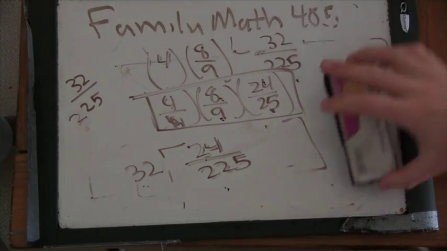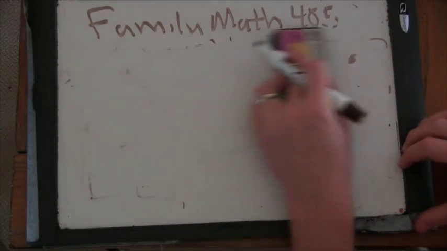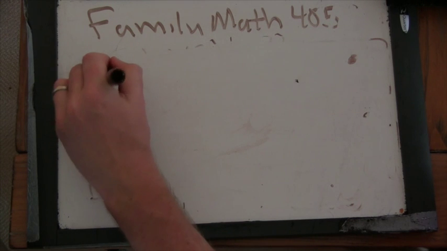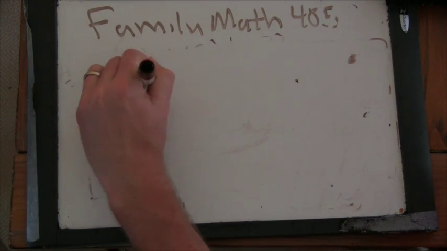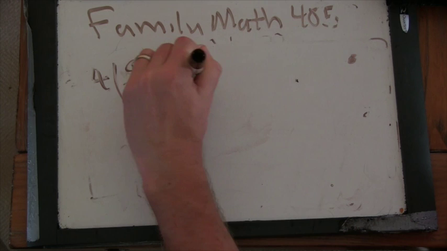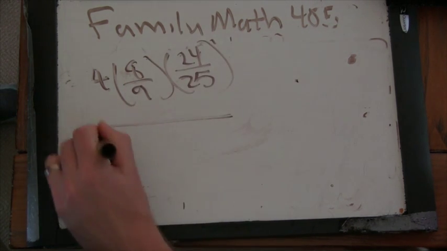Okay, I was going to go all the way to the sphere, but this will just be the last part. Okay, so we get 4. So now we had 4 times 8/9 times 24 over 25. And the next thing we did,